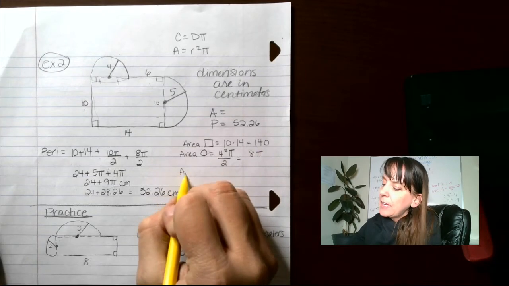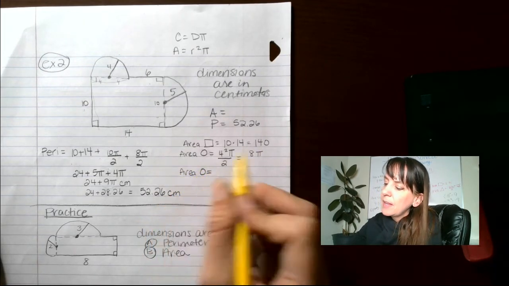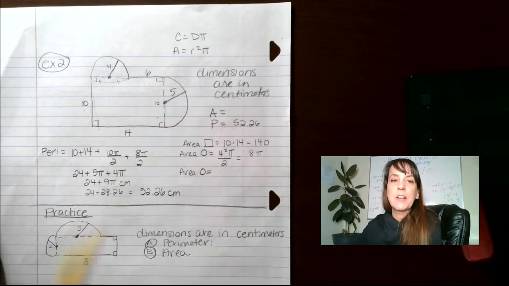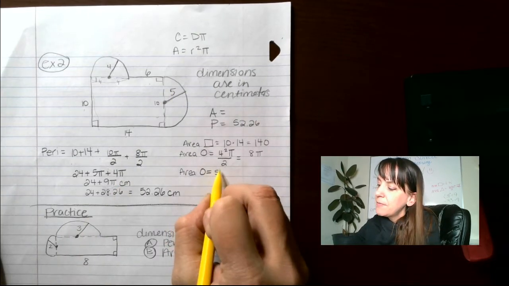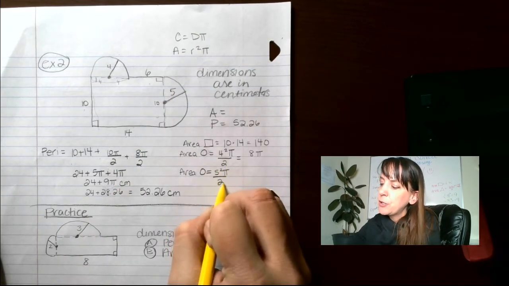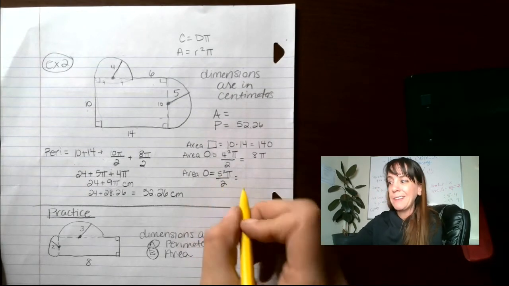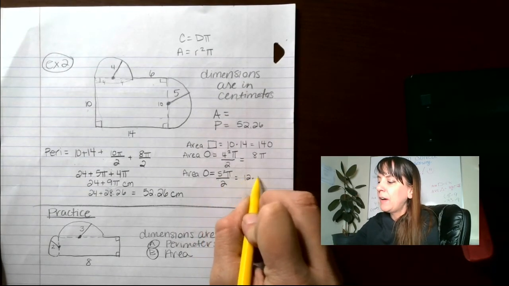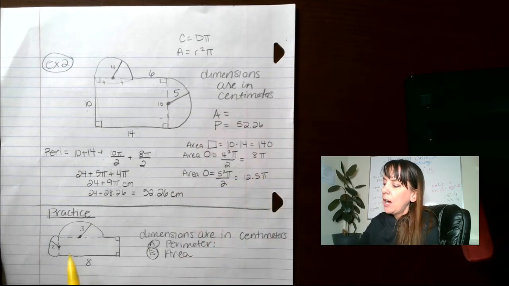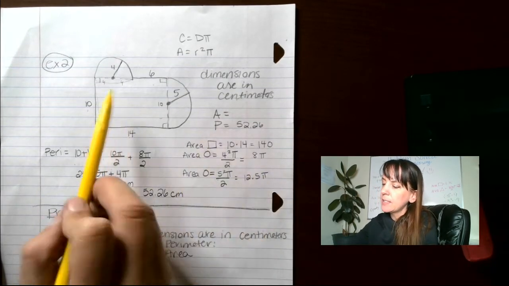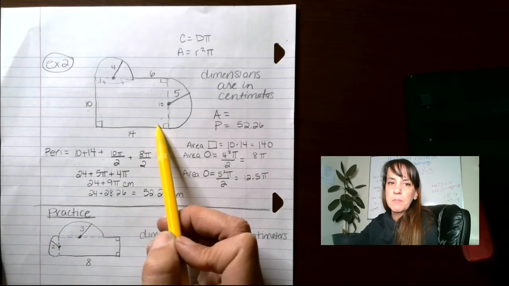The area of the other circle, that is going to be 5 is our radius. So we're going to do 5 squared pi divided by 2. Again, just like the other one, 5 times 5 is 25. Cut that in half, we get 12.5 pi. Okay, so now what we have is we've got the area of this big bit,